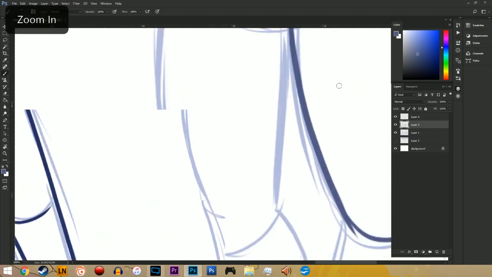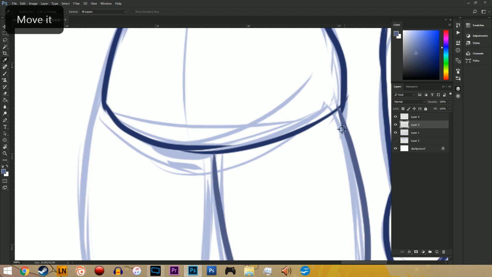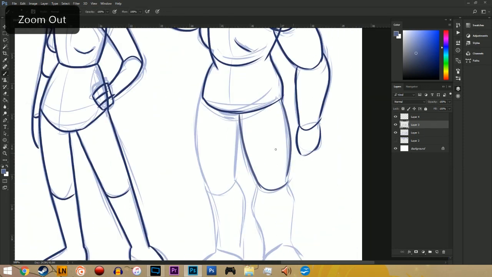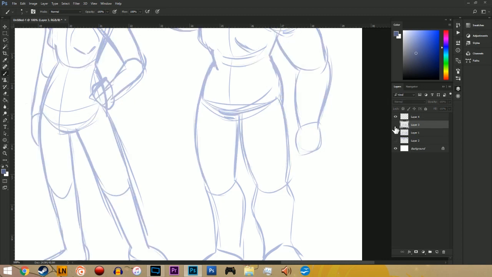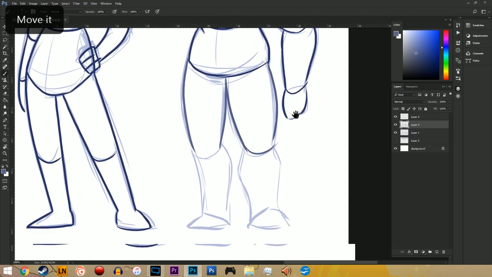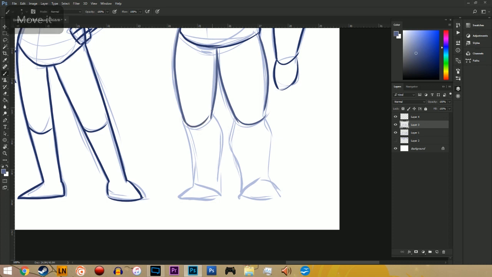Why has my brush changed colour? Why is that a thing that's happened? Well, I can't seem to fix it, so we're just going to have to go with it. Unless I'm drawing on the wrong layer. No? Weird. Okay. Just ignore that then. My brush is now a lighter shade of blue than it was before.